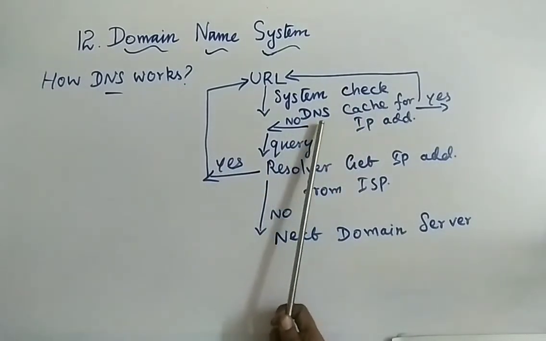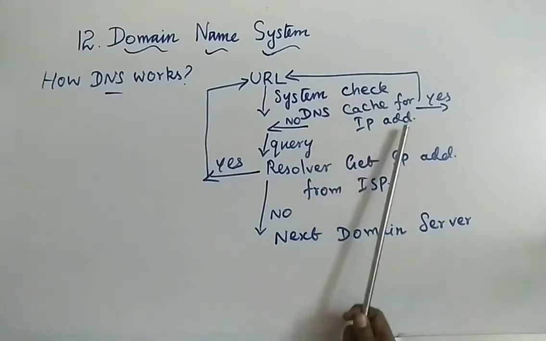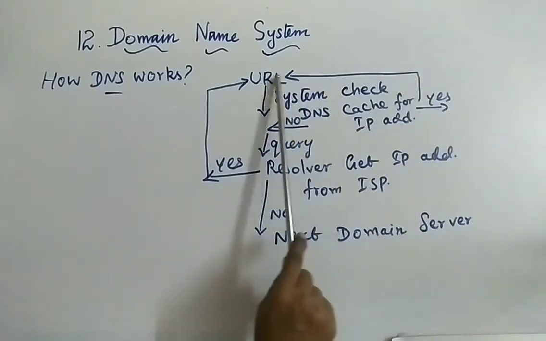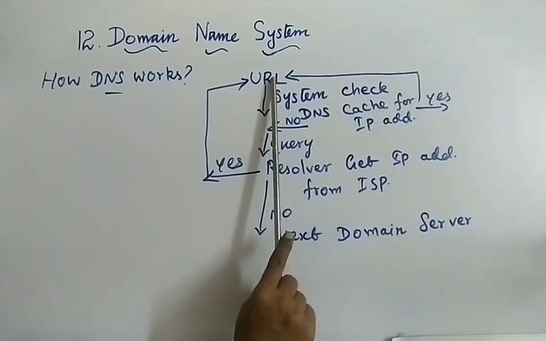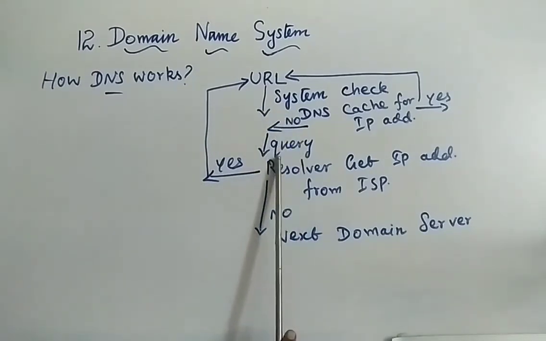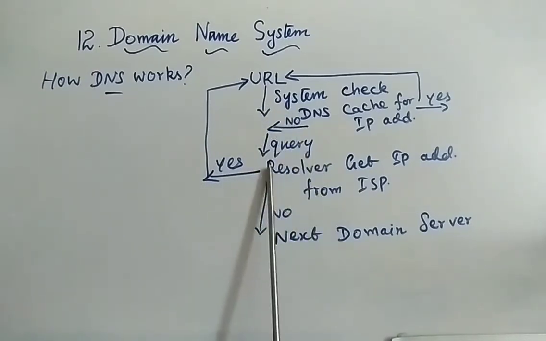And in the cache there, what will it do? It checks whether the IP address is there. If the answer is yes, if the answer is found there, the resultant page will be displayed immediately on the system for you people. If not, if it is no, then as the next step a query is made to the